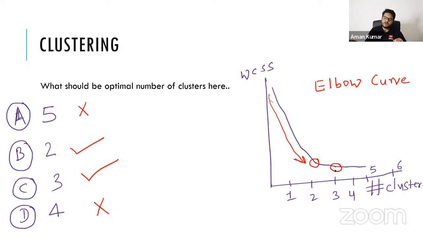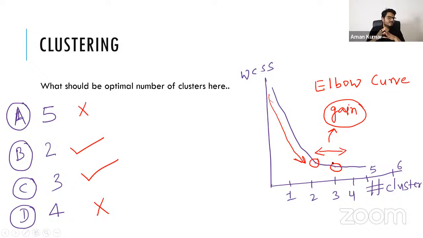So I take that point, but again, from 2 to 3, the shift is minimal. That's what I'm saying. 2 to 3, you see the shift. You see the gain here. What is the gain you are getting from 2 to 3? You are increasing one more cluster in your model. What is it that you are achieving from that? Are you achieving a better cluster? Are you achieving a better model?